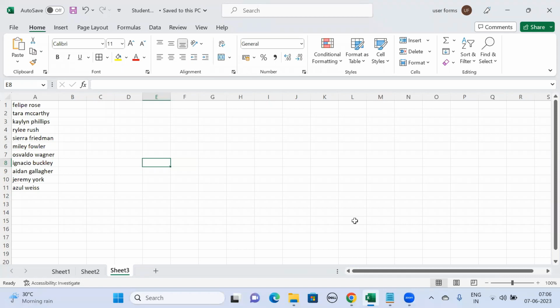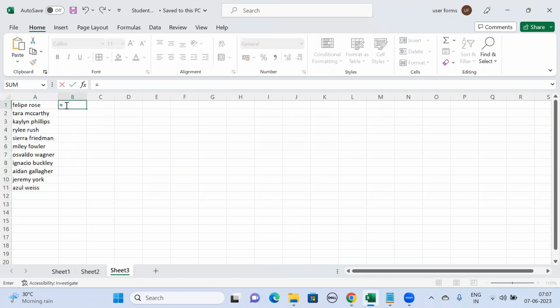Hello everyone. In this video, we are going to see how to change the lowercase letters to uppercase letters. So we have a few list of names displayed here. What I'm going to do is I'm going to give it as =UPPER, select the cell and